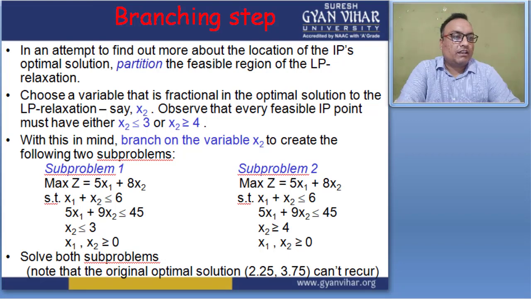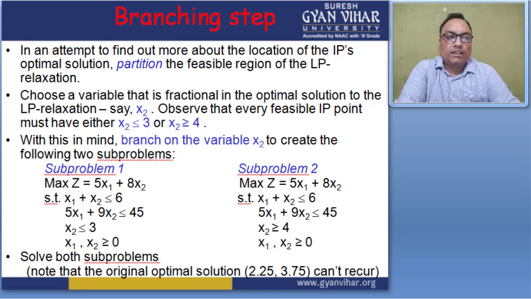For this purpose, choose a variable that gives a fractional value in the optimal solution of the linear programming relaxation. Say x2 here. We choose x2, and observe that every feasible integer programming point